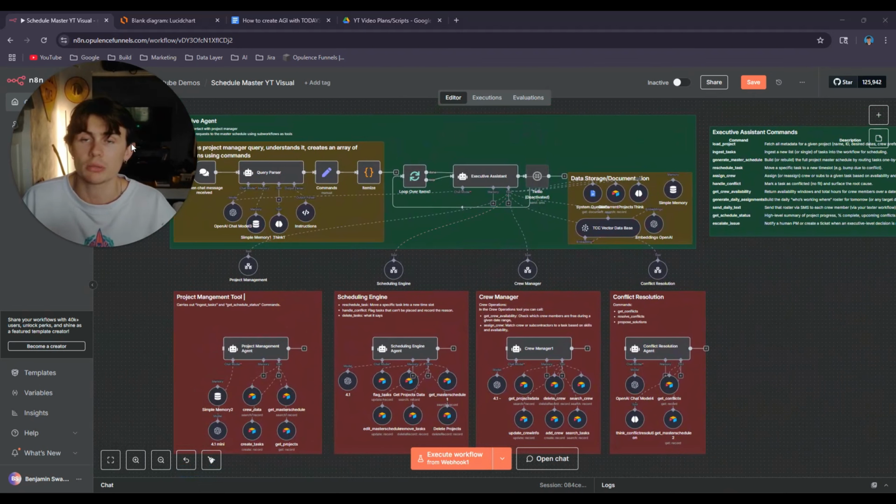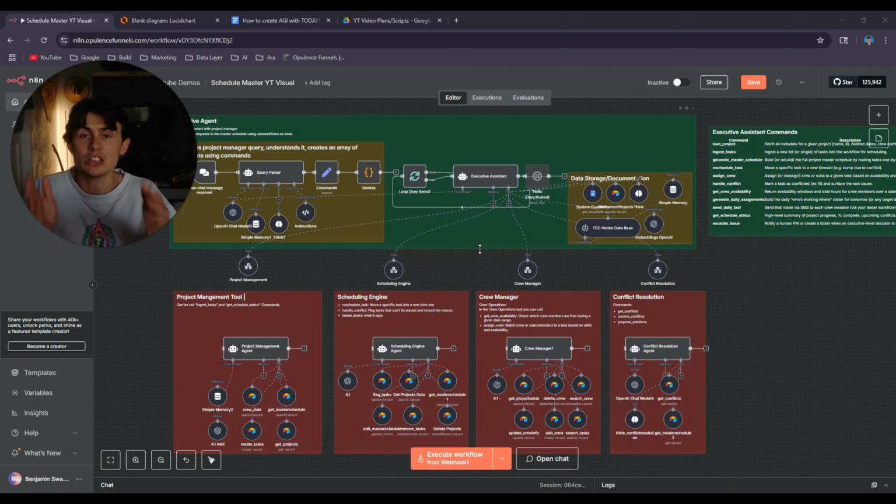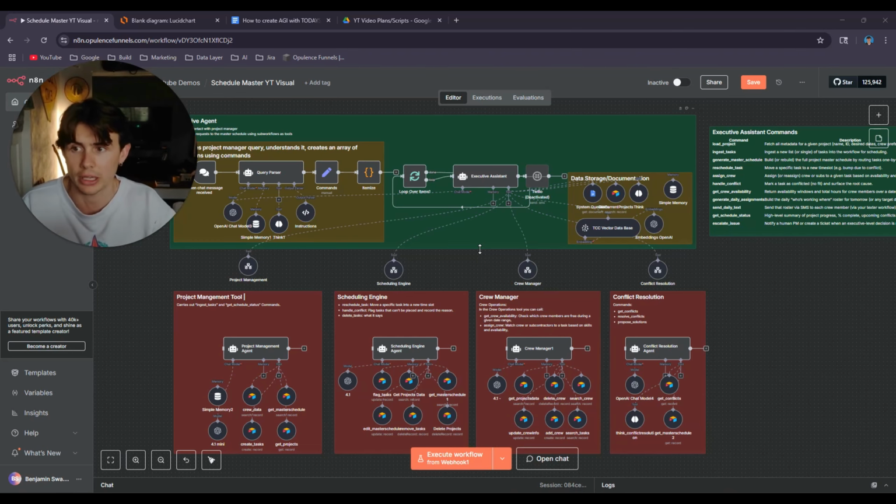So remember, the user would only see some type of interface with the front system, and they might think that they're only talking to one type of agent. But in reality, if we tried to give this executive assistant full reign on all of these different Airtable tools to carry out each different problem or task, it would fail miserably. So we need to intelligently subdivide each task into its own bucket, so then they can be routed to. It's just like how a business works. You have different categories that are executed upon. There's a chain of command, and tasks are delegated accordingly, and it's the exact same thing.